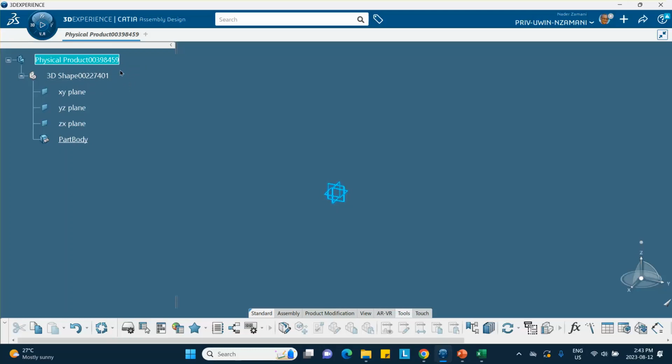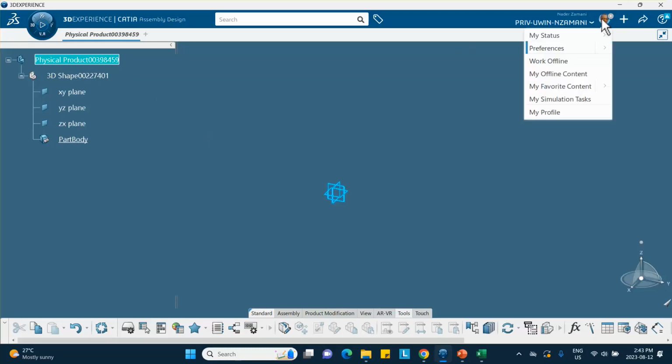I'm gonna, you know what? Let me show you first something. Here is the assembly level, right? Look at this assembly level. Now, first of all, let's go and make sure that those parameters and things are checked. I go there on the